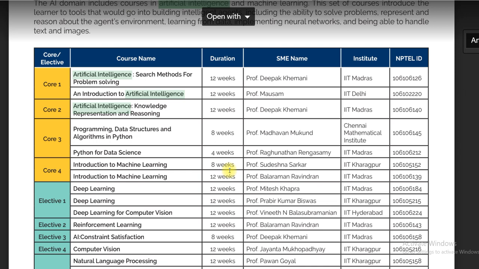If the exam date of any 2 courses, meaning more than 2 courses, is the same, you can't write the exam. You can only attempt 2 exams on a single day according to NPTEL. So in one semester you can write 6 exams, 2 courses each day. But from last semester NPTEL is providing only one day slot for one course. So that is a little bit difficult.